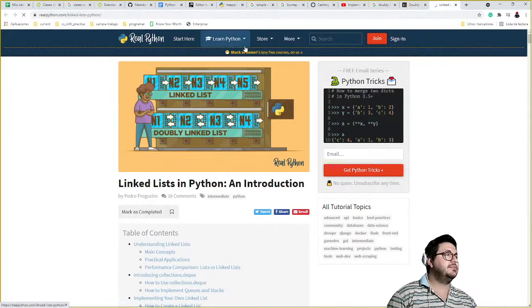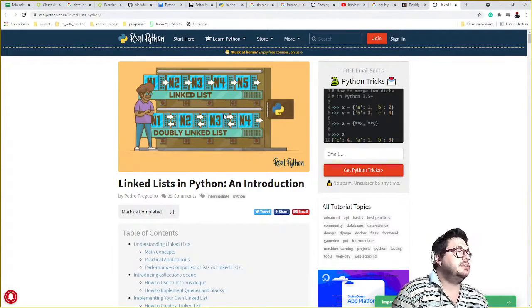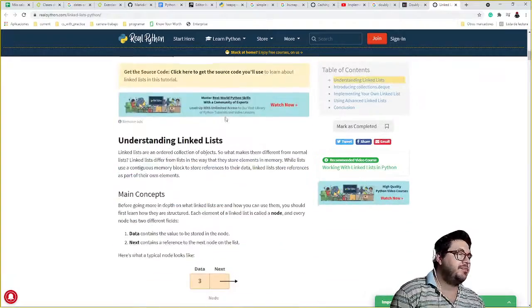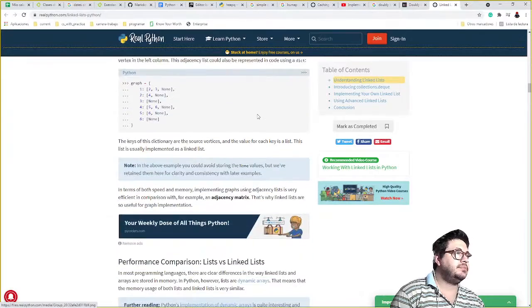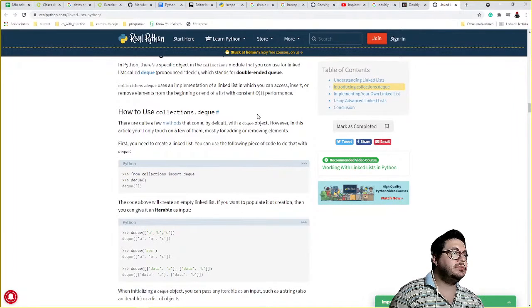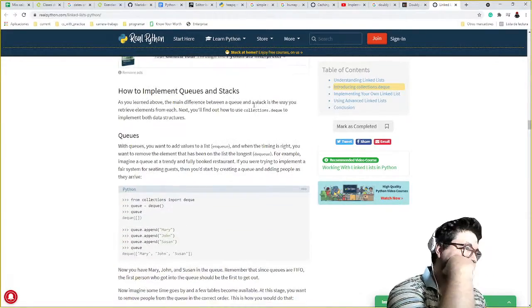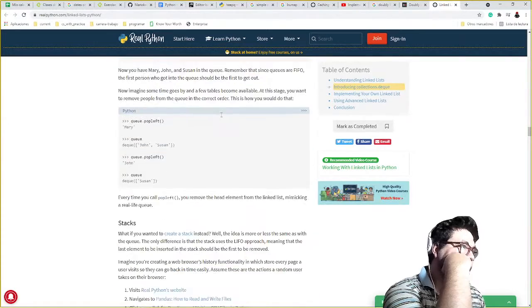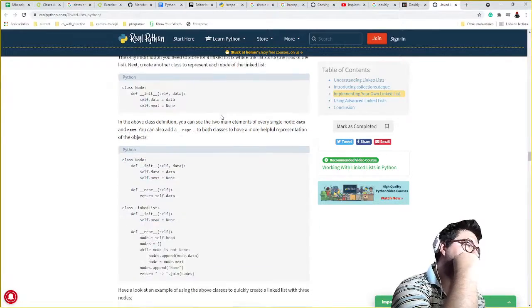Maybe this one. I like this one. A doubly linked list is not such a difficult project. Yes, let's stay with this one. Python stacks, implementing your own.